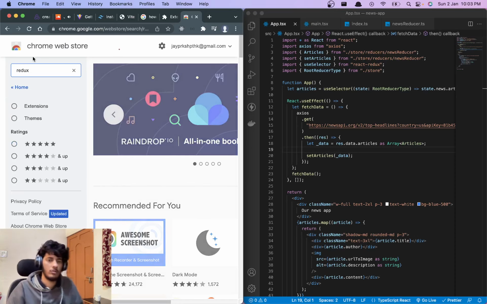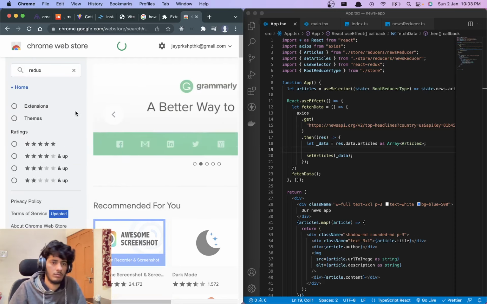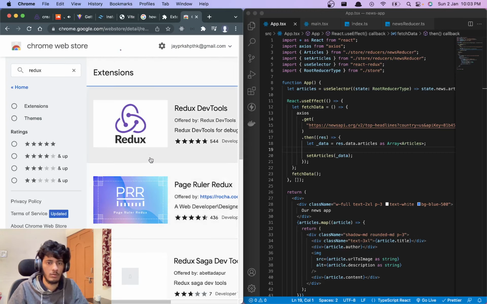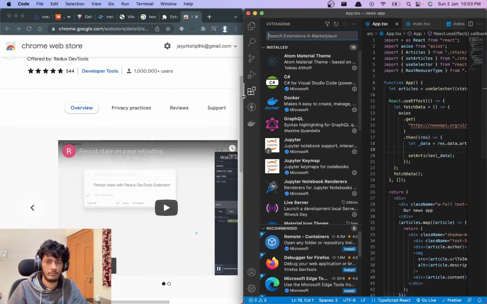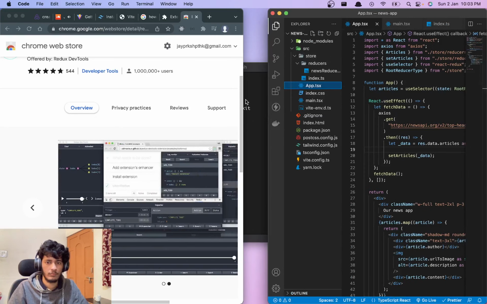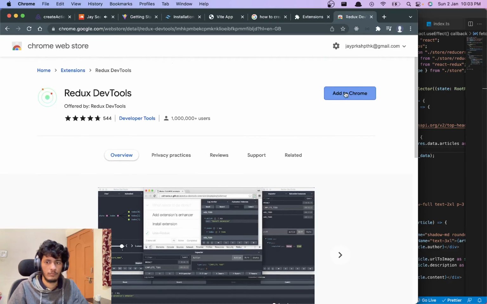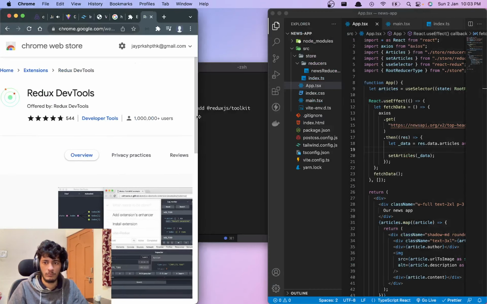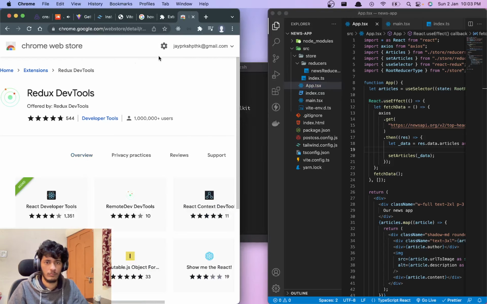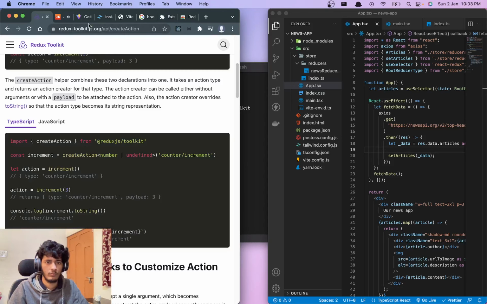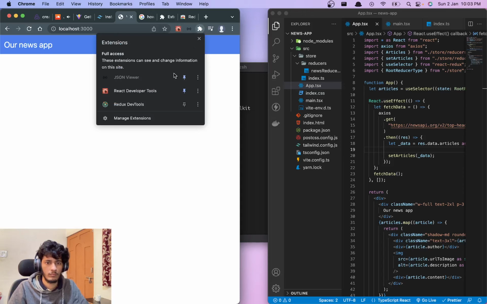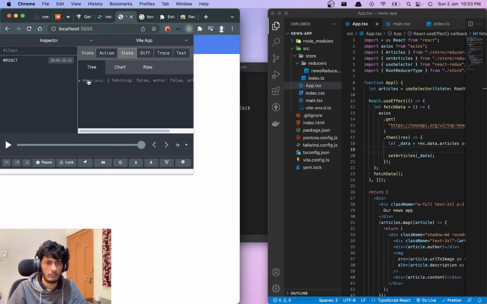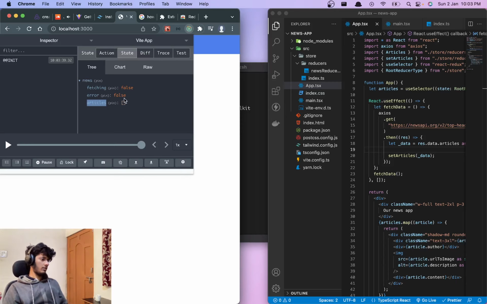Let's use Redux to see what is the issue. It's empty, guys.